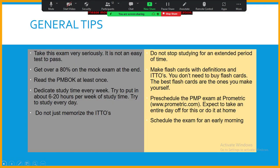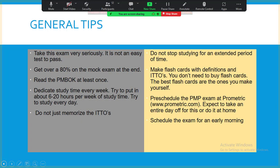change. General tips. I must tell you that the PMP exam is not an easy one. If somebody tells you it's easy, the person is deceiving you. At times, your knowledge will not help, because basically what this exam is all about is a particular way of managing projects. We manage projects in different ways,